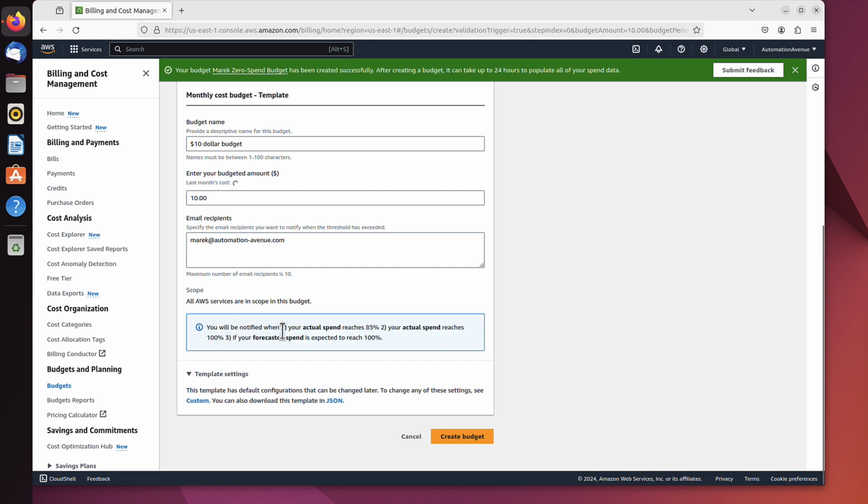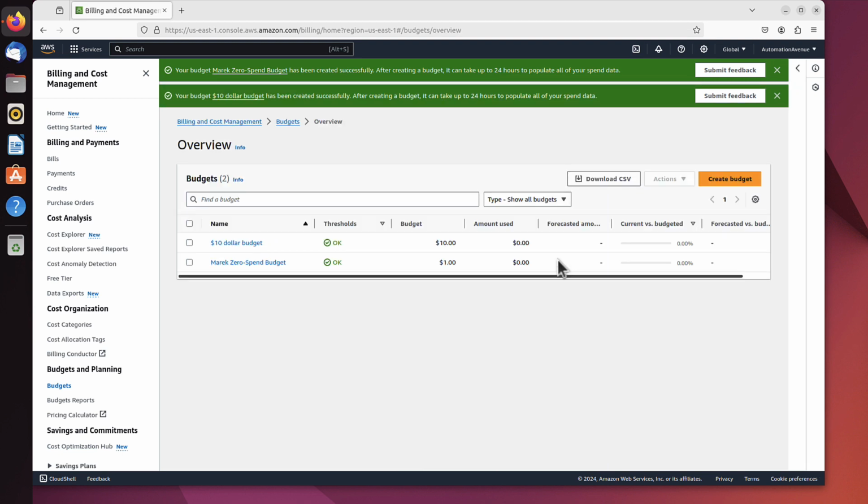You will be notified when your spend reaches 85%, so if you are at $8.50, let's say, you will get an email. Then at 100%, at $10. And the third option, if your forecasted spend is expected to reach 100%. That's very handy and useful for us, so that's exactly what I need. So just create the budget. This way you can create as many budgets as you want and get notified every time you reach any of those thresholds.